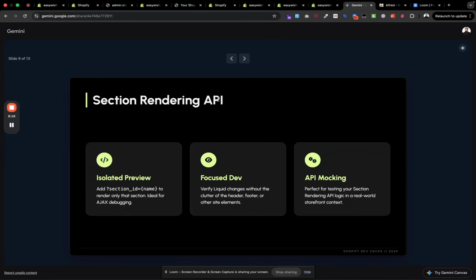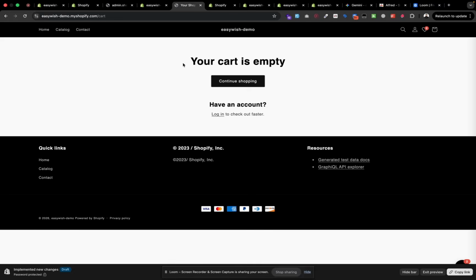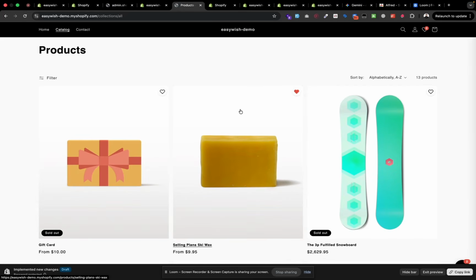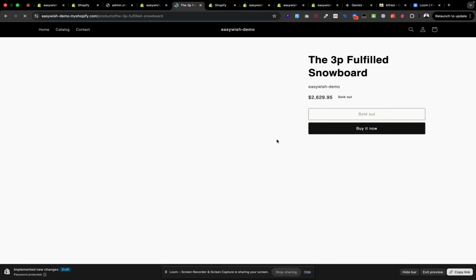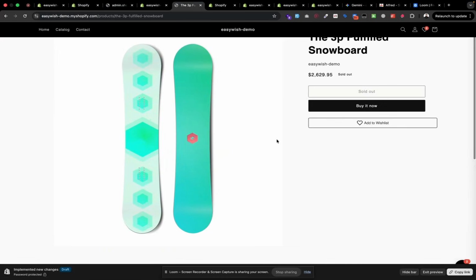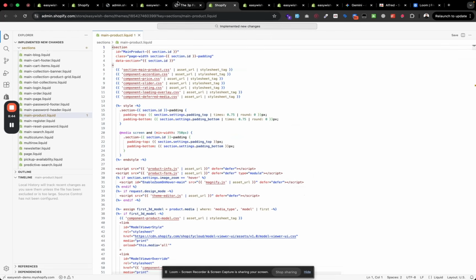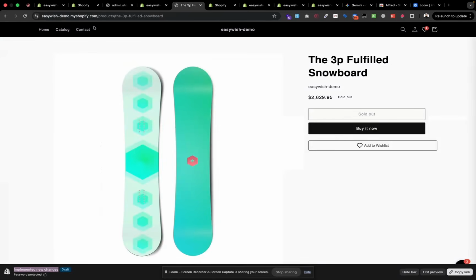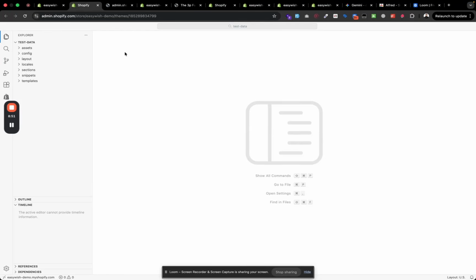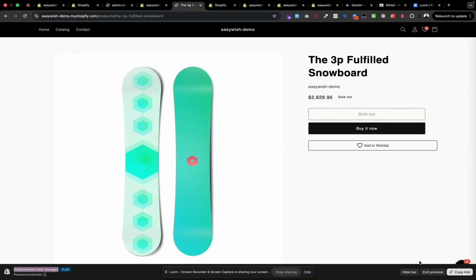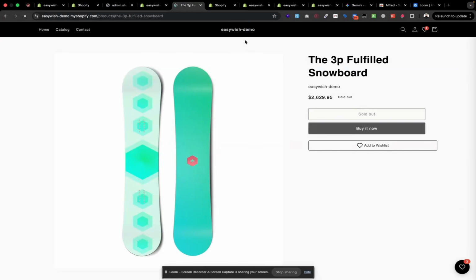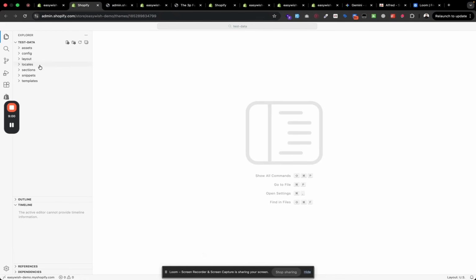And now, for example, if you are working with the section rendering API. Maybe if you have not watched the video, I have created an in-depth course related to section rendering API. You can check that. But here we can see a specific section using the section rendering API. For example, I'm currently on this theme, and here we have the live theme. Okay, let me exit the preview so that we are on the live theme, and I will just create a new section,